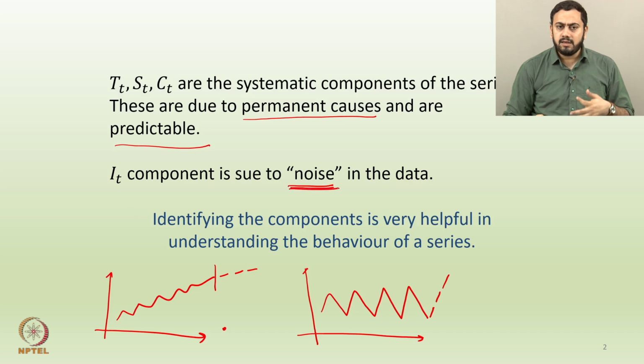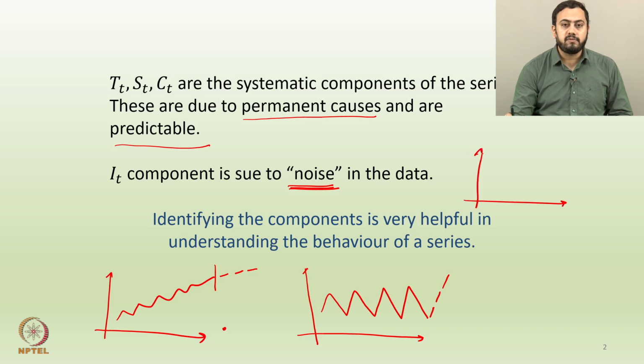Now, if you remember vaguely, we discussed noise in one of the earlier lectures. So, what exactly is noise? Probably we will discuss again very briefly, that any noise is nothing but a combination of some entirely random fluctuations. So, let us say something like that. There is no pattern in the underlying noise, you do not see any particular repetitions in the noise data. So, the irregular component is not predictable. Since all these observations are completely random in nature, these are not predictable naturally.